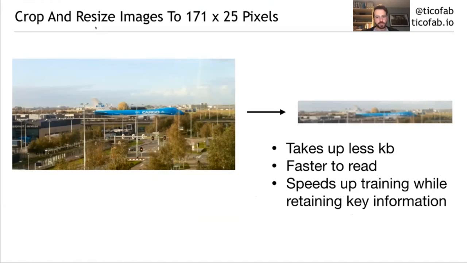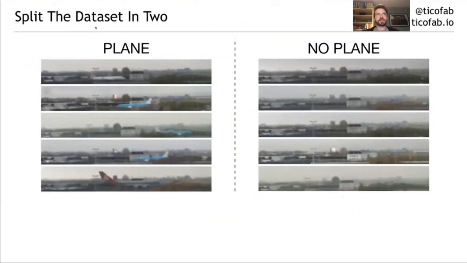My Raspberry Pi, in fact, wasn't powerful enough to do the training, so I ended up doing the training on my MacBook Pro, and then using the Raspberry Pi to use the already trained model. Now, once you have all these pictures, they're all cropped, what you need to do is split this data set